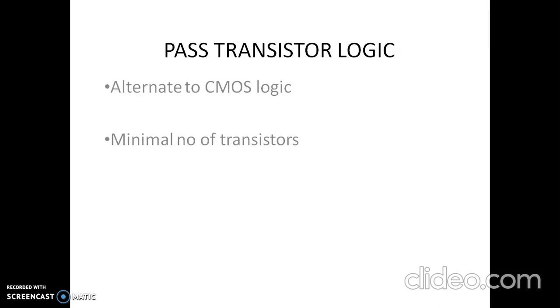But in pass transistor logic, one input is applied to the gate terminal. Similarly, another input is applied to the source terminal. So when the gate terminal is high, that is, when that transistor is on, then the output corresponds to the source input, whether it is high or low. That comes to the output. That is the basic concept of pass transistor logic. In CMOS logic, one input is applied to the transistor, and in pass transistor logic, two inputs are applied to the transistor. For this reason, in pass transistor logic, we can reduce the number of transistors compared to CMOS logic.